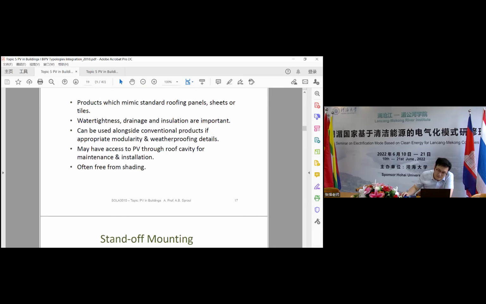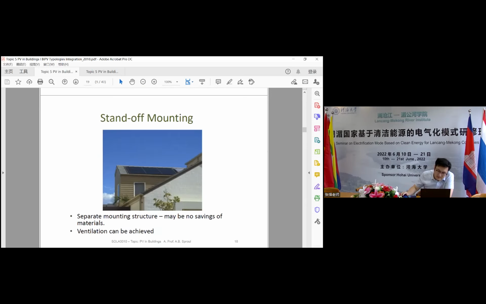That's it, to ensuring the water tightness. And this one is a very typical sloped roof PV system. It is a standoff mounting, and we can see this black PV module bolted on the sloped roof, and to perform a part of the sloped roof to ensure its water tightness, and also provide power generation for the house by